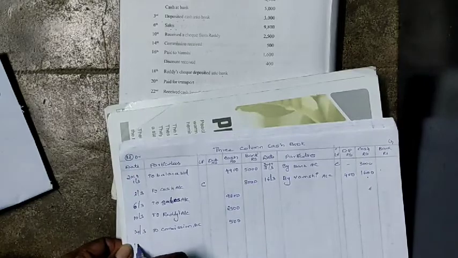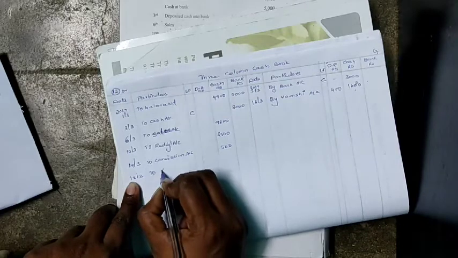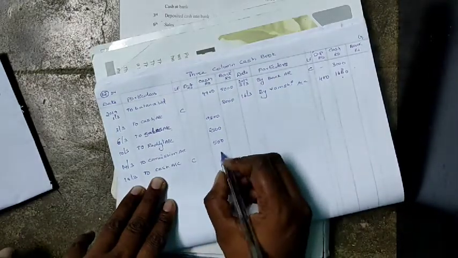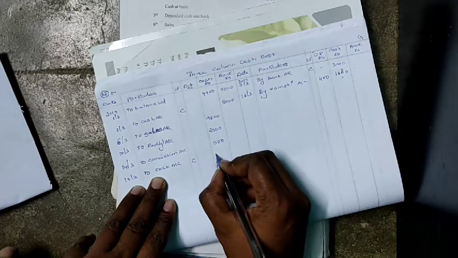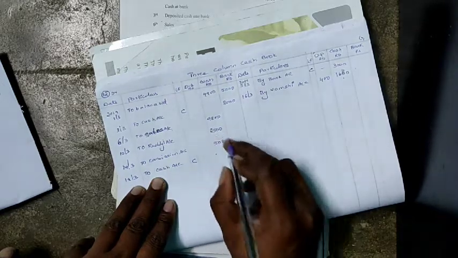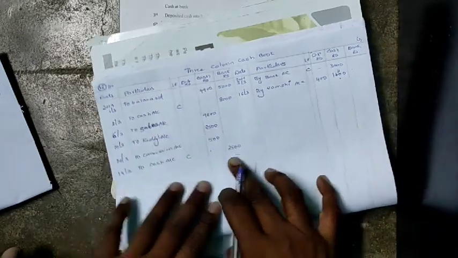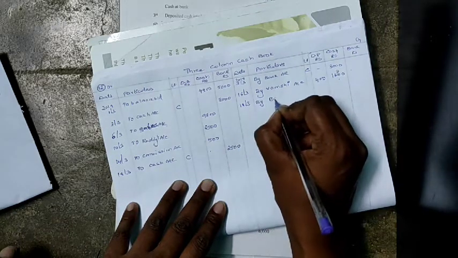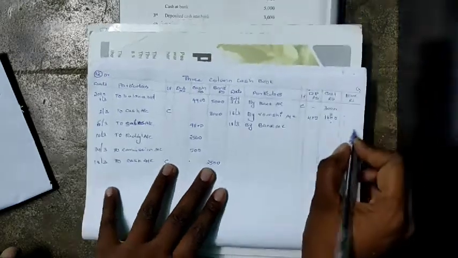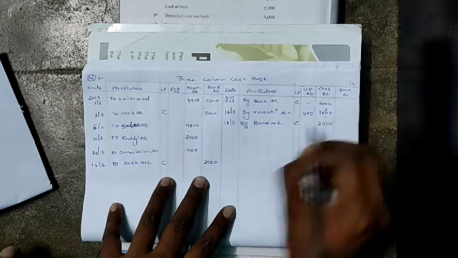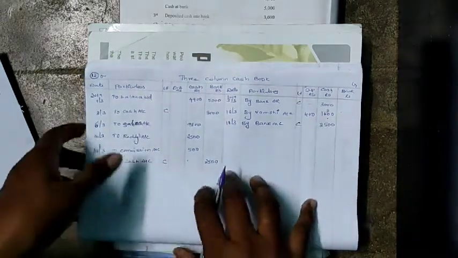So on the 18th, see here, what we have to write here: to cash account. Contra entry, and the amount you have to take in the bank column, 2500. Same amount, this check is how much, 2500. Now on this side, 18th March, by bank account you have to write. Contra entry, and the amount you have to take in the cash column, that is 2500. I think it is clear for you.